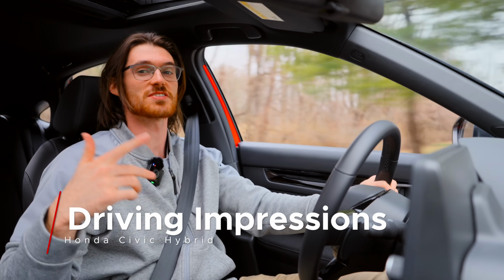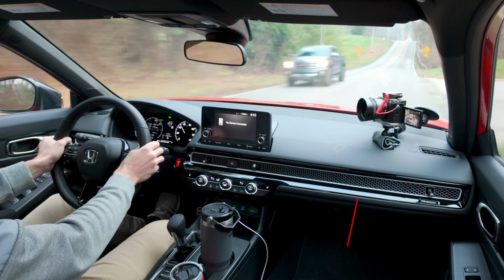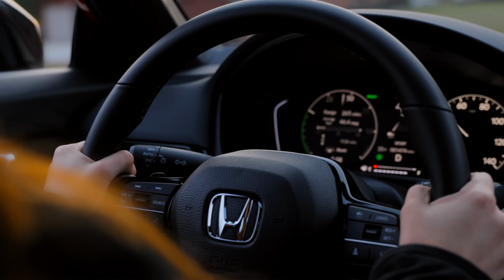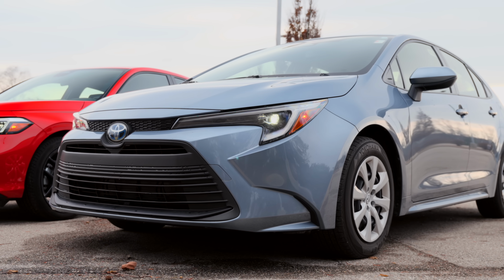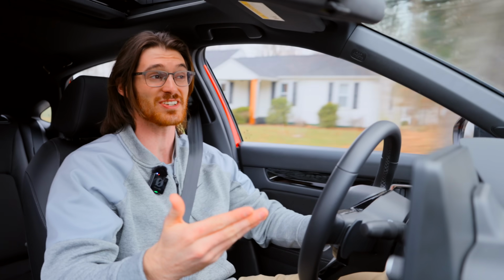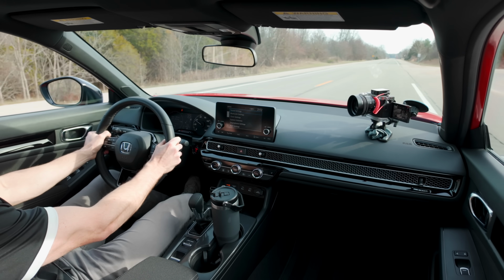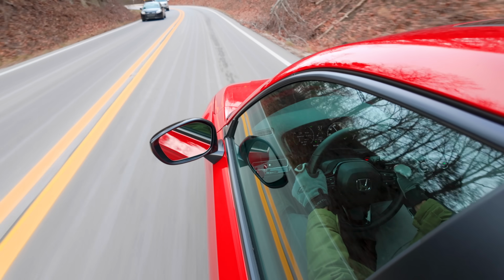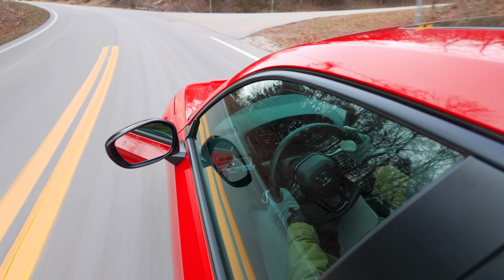The hybrid Civic punches above its class in not only performance, but power delivery. This is effortless compared to the Toyota. With the Corolla, the engine and motors work alongside one another under most acceleration. In the Honda, when you're trying to pick up speed, the engine is just a generator. It's the electric motor that's actually getting this power to the ground. This system will only let the engine directly drive the front wheels via a lockup clutch when at cruising speed